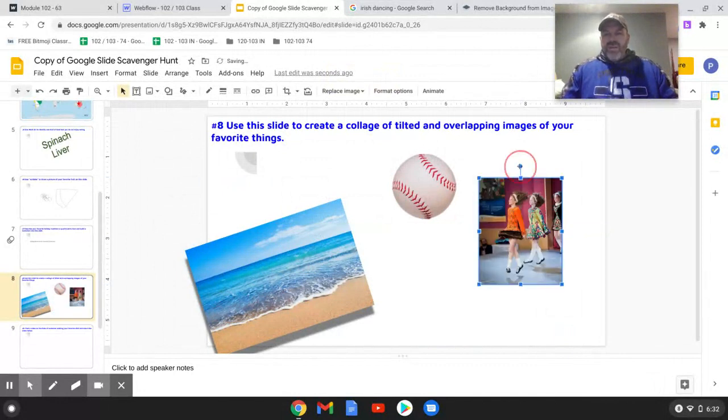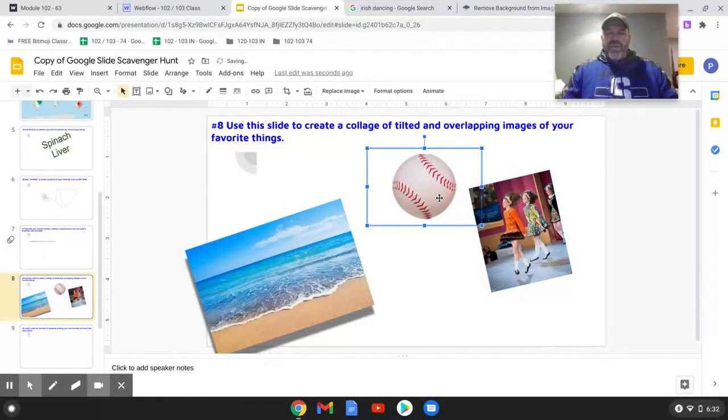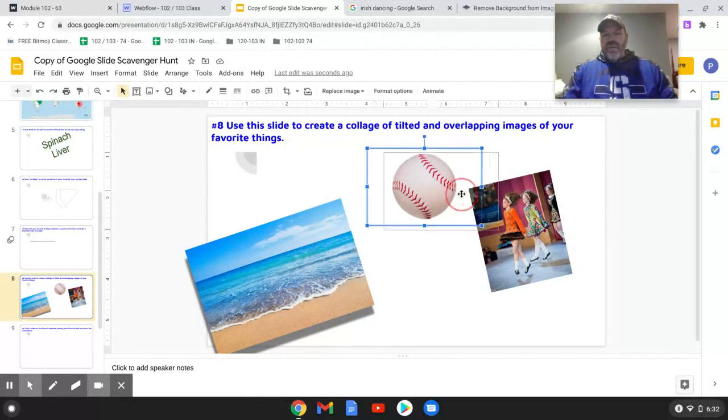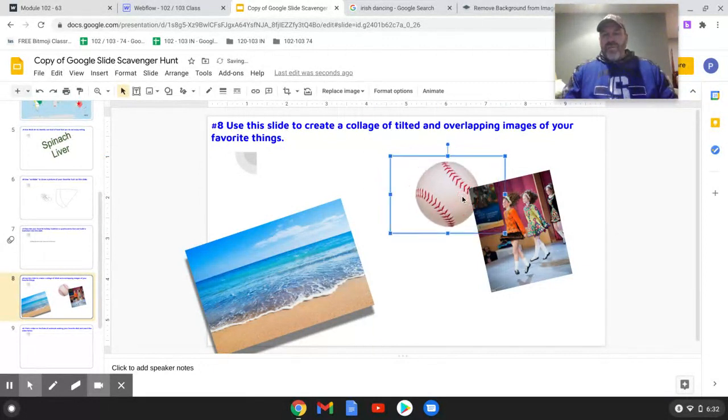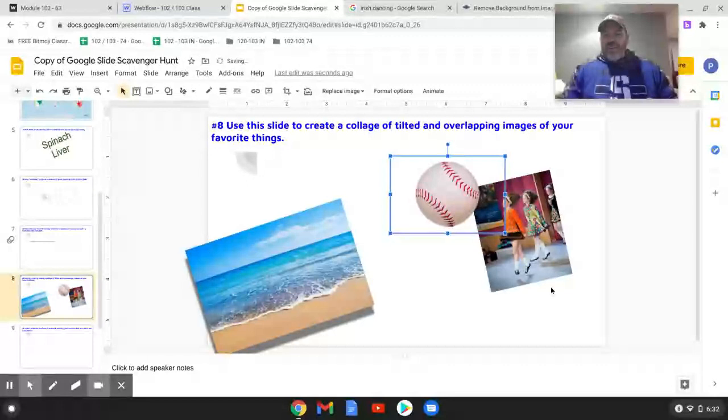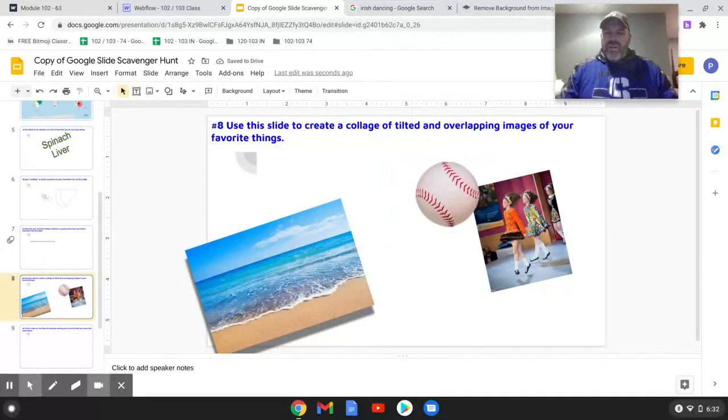Now you can spin it a little bit. You can animate them if you want to, however you want to do it. But all it says is use this slide to create a collage of tilted and overlapping images. So if you really wanted to, I'll overlap a little bit of the dance. Actually, if I brought this one forward, because right now it looks like the baseball picture is getting cut off, if I order this one and bring it to the front, it'll put that one over the corner of the